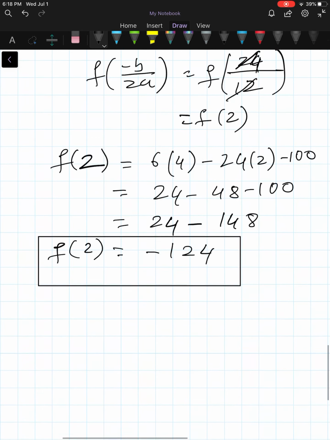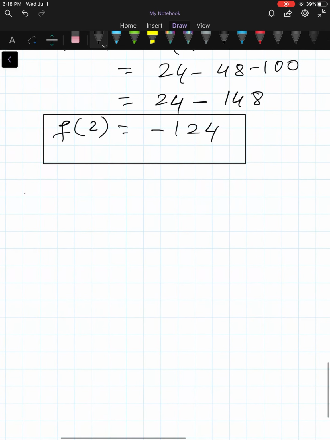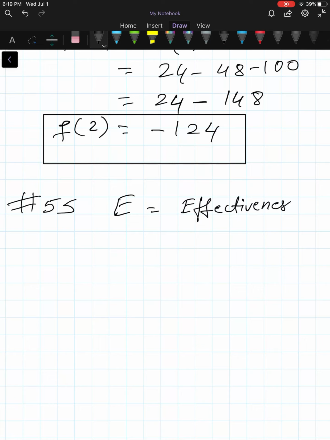I would like to do another problem, which is actually a word problem. This is number 55 in the book. So this is about advertising. The effectiveness of a television commercial depends on how many times a viewer watches it. So after some experiments, an advertising agency found that if the effectiveness is E, so this is nothing but effectiveness